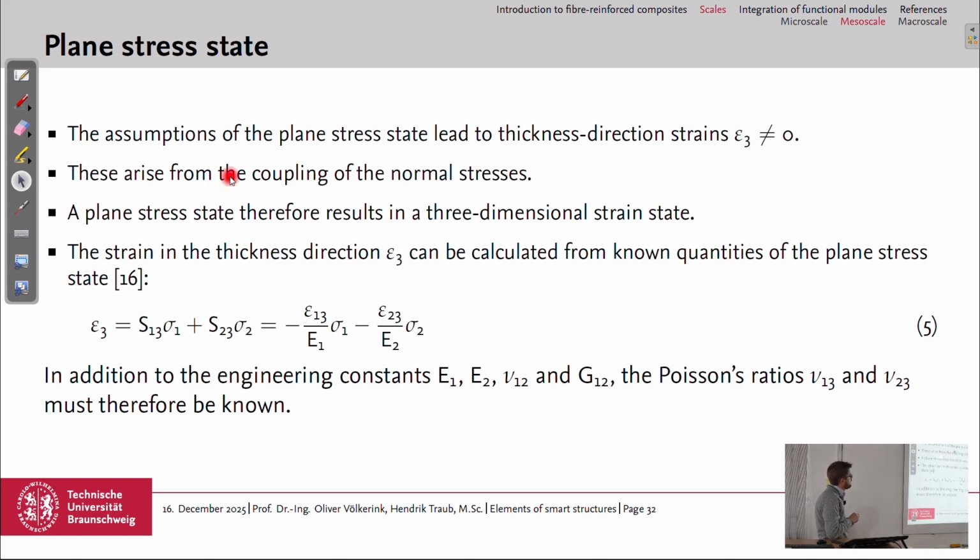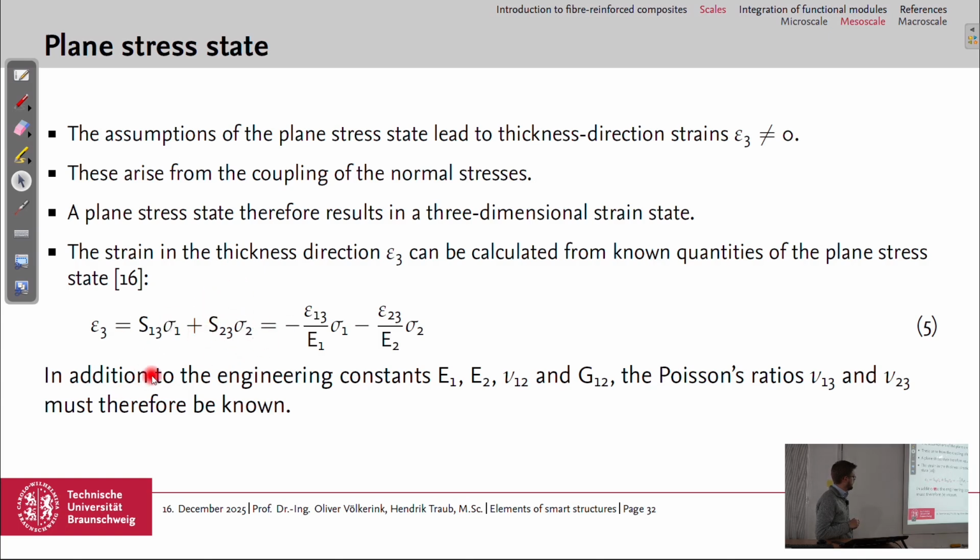The assumptions of the plane stress state don't lead to 0 strains in thickness direction. So we assume only that the stress in thickness direction is 0, but not the strains, because they arise from the coupling of the normal stresses. So we have a 3-dimensional strain state, even if the stress state is 2-dimensional, and we can calculate it